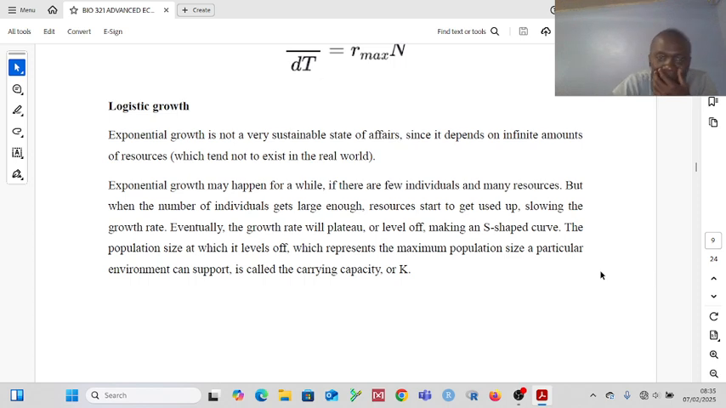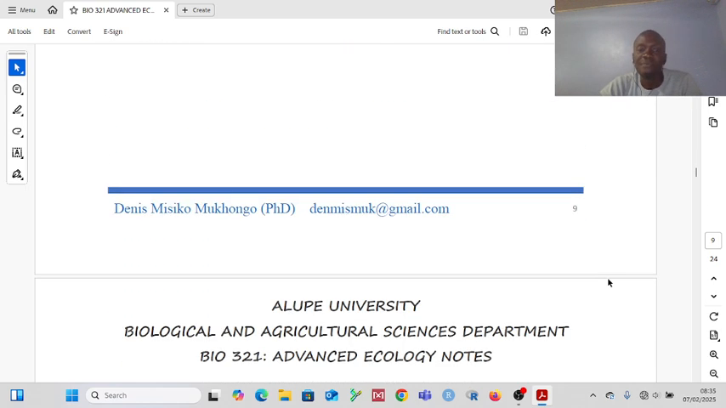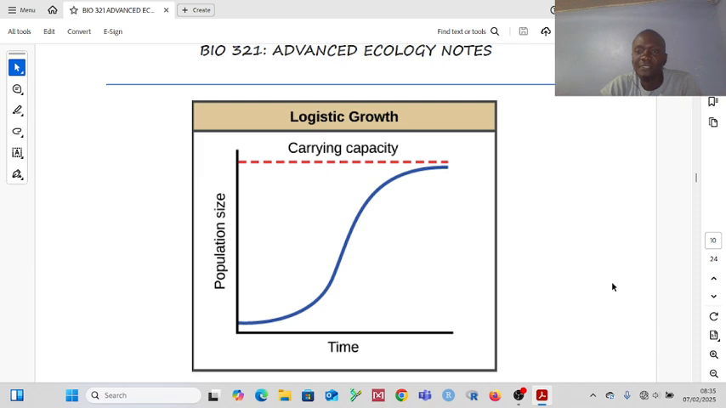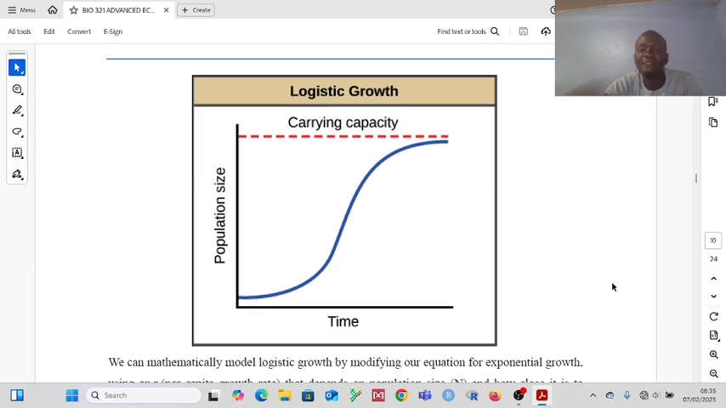And eventually, that growth rate will plateau or level off. When does it level off? When the numbers of the organisms are now equivalent to the carrying capacity of that particular ecosystem. Then, now that is what leads to the curve that you see on page 10, the logistic